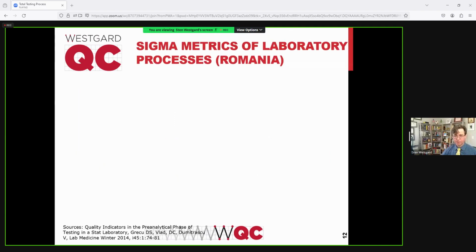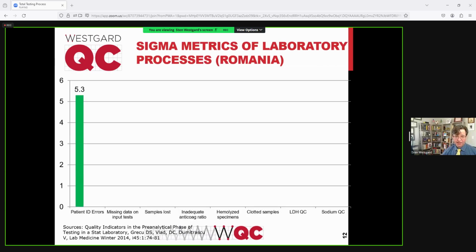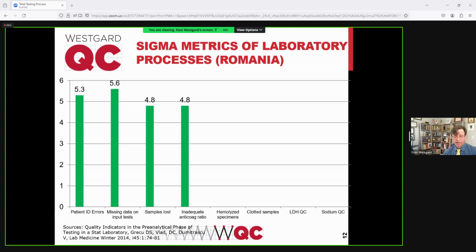Here's from a laboratory in Romania, same year. Their patient ID errors were 5.3, missing data, so same as we saw in the previous slide, 5.6 sigma. Samples being lost was 4.8. Anticoagulation ratio was 4.8 instead of the 4 that we saw in Italy. Hemolyzed specimens was about 4.2, very similar to what was in Italy. Clotted samples, 4. And then it just happened that this particular laboratory gave